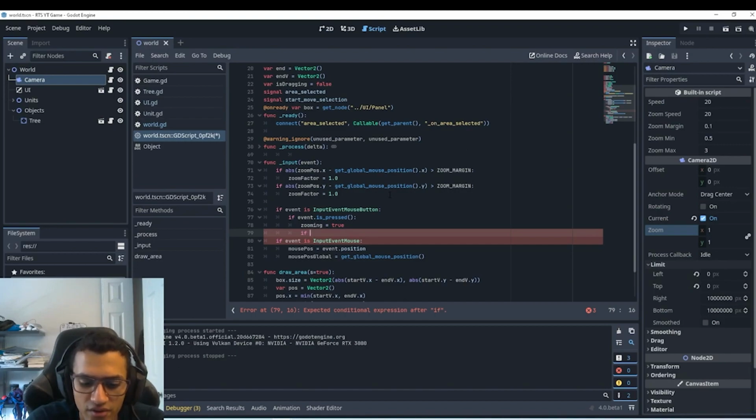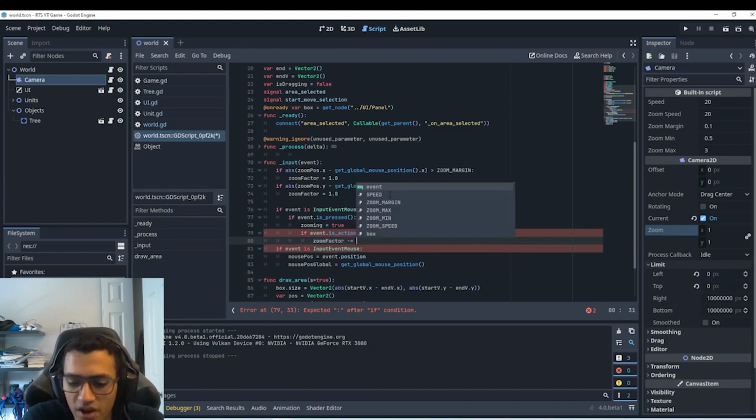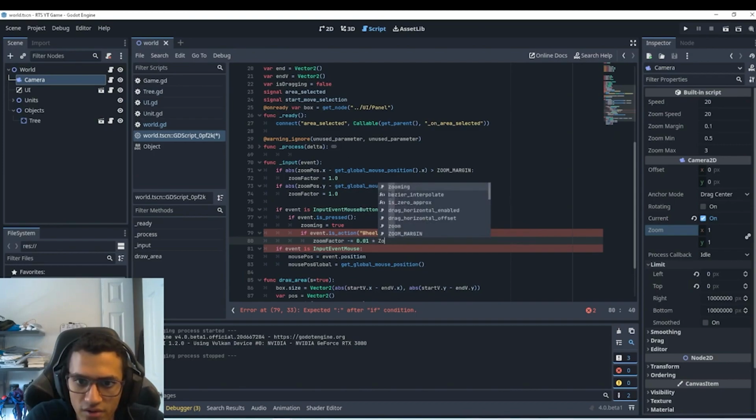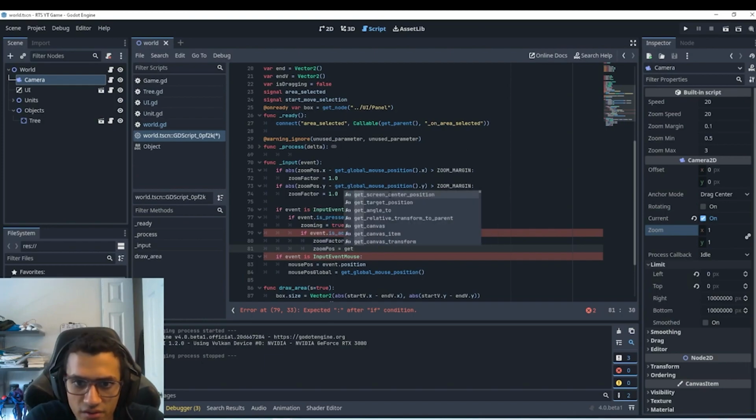So we're going to check for the event.isAction wheel down. Yeah, the wheel down for this one. Just double check it's the same as my reference. And then we'll say the zoom factor is going to be minus equals 0.01 times zoom speed. There we go. And then we'll say our zoom position is going to be equal to get